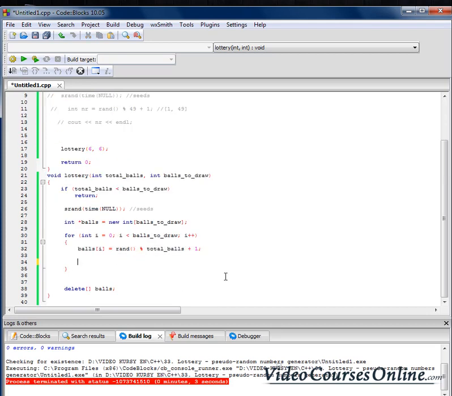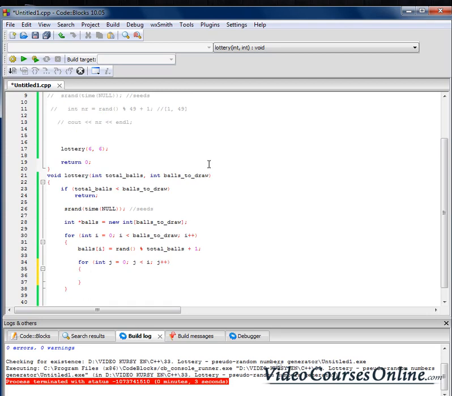Okay, so let's create an inner loop here that will be invoking the instruction how many times? When g is lower than i, because i will represent how many balls we have already drawn, right? Then g++,